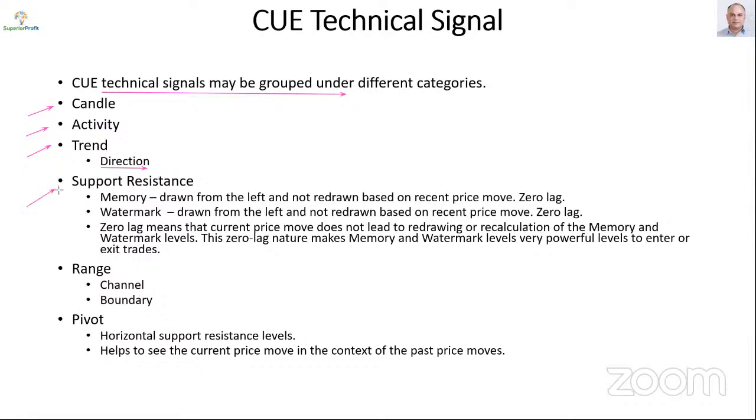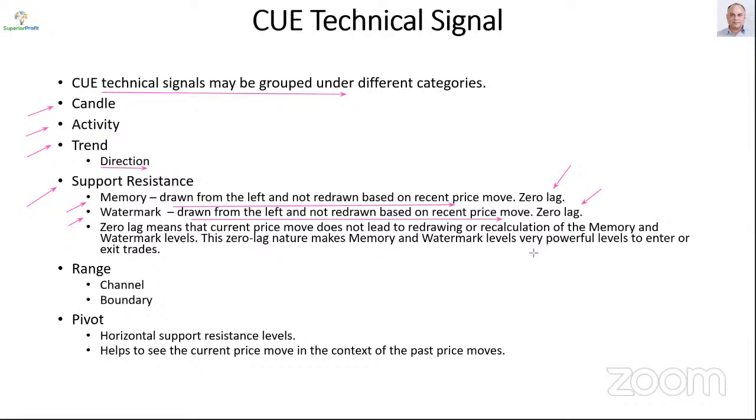When a stock is trending, it hits support and then resistance. We have memory trend line support resistance and watermark pivot support resistance. Now, they are important support resistances drawn from left and not redrawn based on recent price move, both for memory and watermark. This is a very important characteristic, drawn from the left and not redrawn based on recent price move, which makes